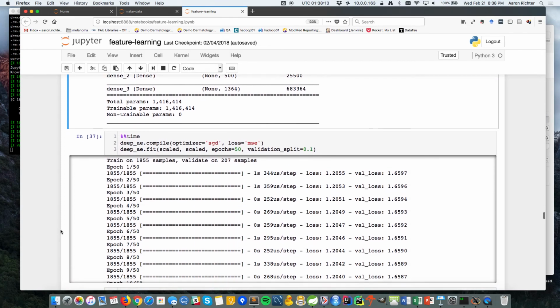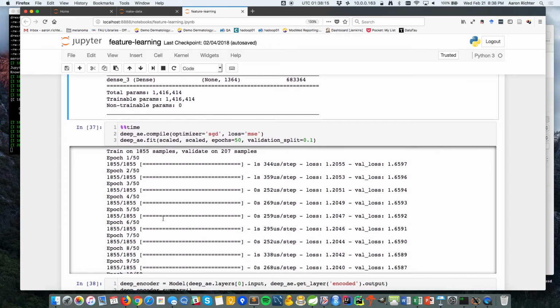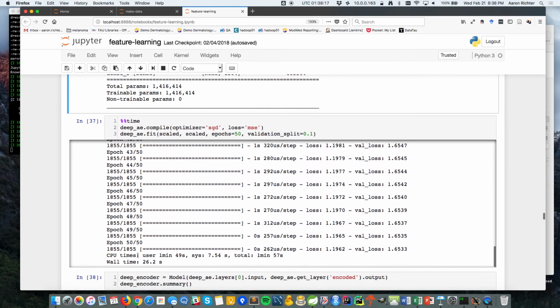Obviously, this is a toy data set, so you can actually run it on your machine and it won't take too long. I think running this through took 26 seconds, so you can track the loss as it goes down and whatnot. This is all just kind of boilerplate code. I didn't really intelligently choose the network architecture or the optimizer. This was, again, just for an example, just for everybody to get their feet wet.